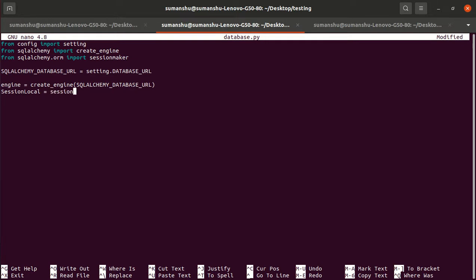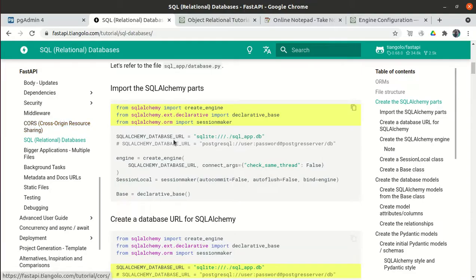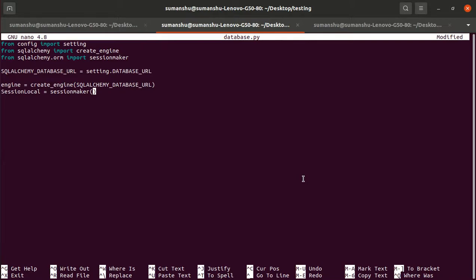So we are creating a sessionmaker, but we have not told the sessionmaker which engine, which database this session is linked with. So we have to bind this particular engine: bind equal to engine. There are a few more parameters, whether you want to give them or not is up to you.